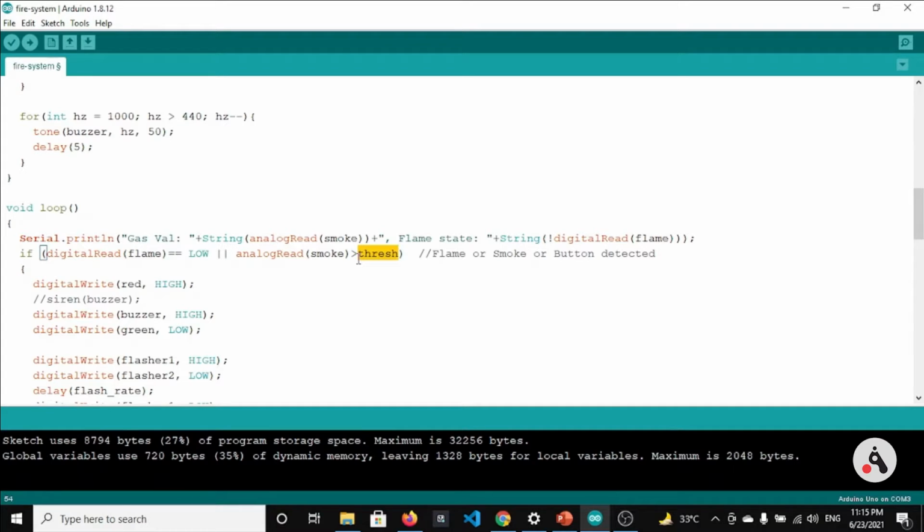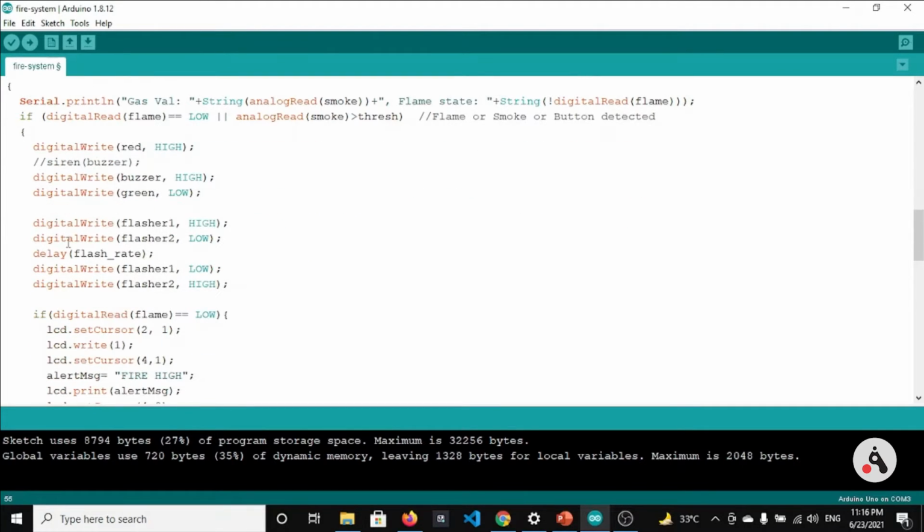As I bring flame to this smoke sensor, the reading becomes greater than 200. That's why I have put the minimum reading here as 200. The rest of the values for my smoke sensor are around 170, 180, 190. So you have to set a value accordingly. This is a small calibration you need to do by yourself.